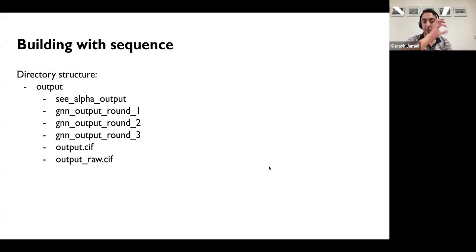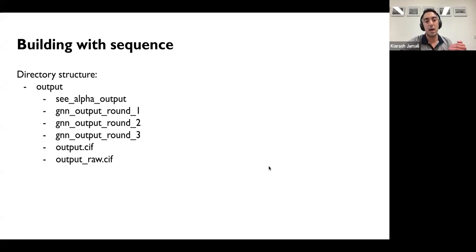At the very end of it, you have an atomic model that is closer to the real atomic model than when it started. So you can apply it again and get closer, and apply it again. Output round 3 is basically the end stage, but these are intermediate results. Most of the time you don't really need to look inside these folders unless you want to debug something. The 2 CIF files that exist in your output directory are actually the outputs.